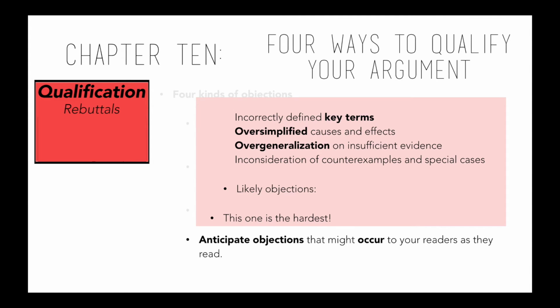Overgeneralization on insufficient evidence. Nearly all of the time, researchers will overgeneralize to some extent because it's nearly impossible to collect every bit of evidence in the world. However, you need to collect sufficient evidence as best as you can so that readers will not easily find evidence that disconfirms your claim. In consideration of counterexamples and special cases, you should try to think of counterexamples to generalizations before your readers do. You should acknowledge that there are counterexamples, but state that they do not seriously affect your generalization.